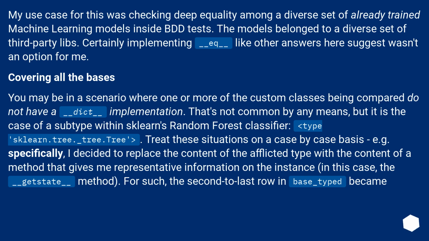For example, specifically, I decided to replace the content of the afflicted type with the content of a method that gives me representative information on the instance. In this case, the __getstate__ method. For such, the second to last row in base_typed became